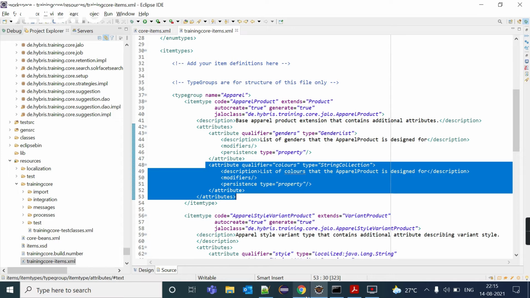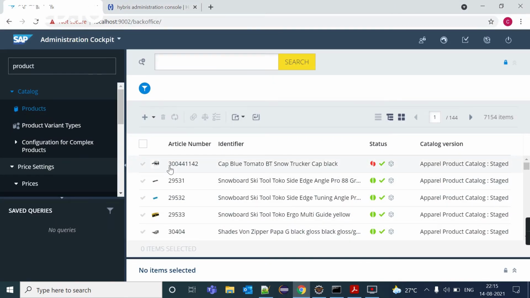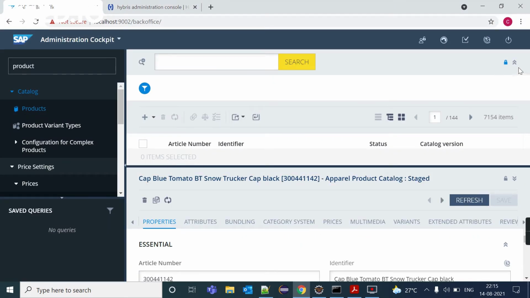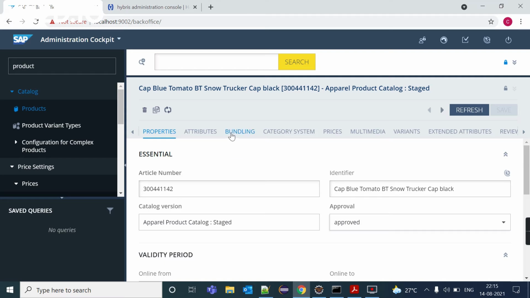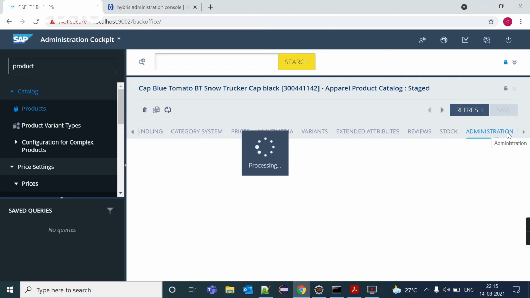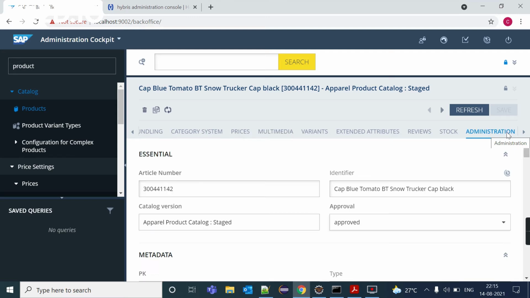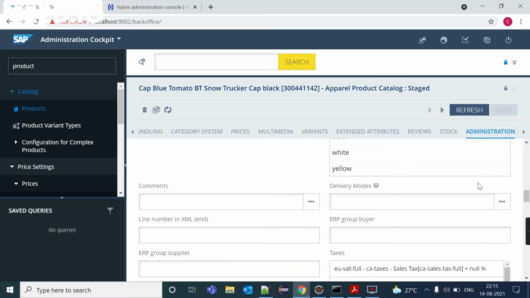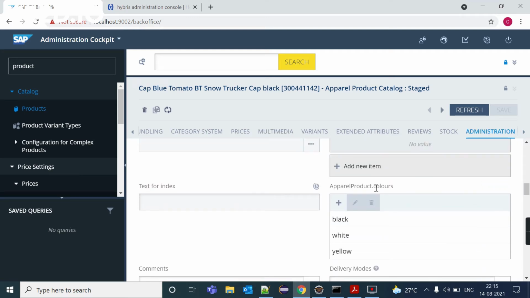Let me show it in back office. This is apparel product. Here you can see the attribute, that is colors.